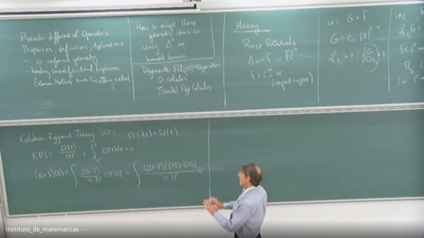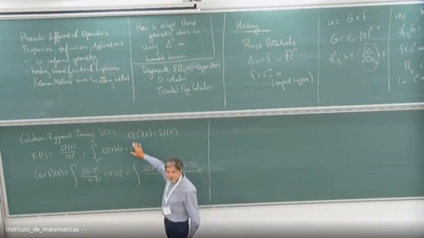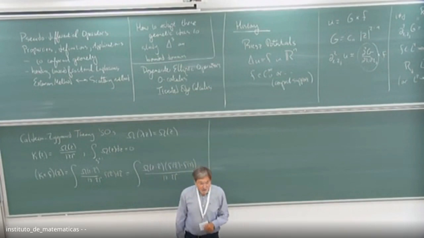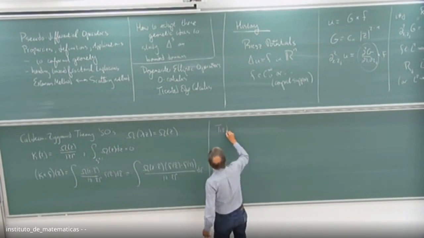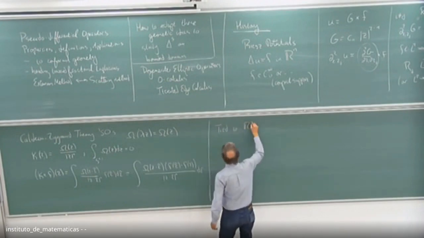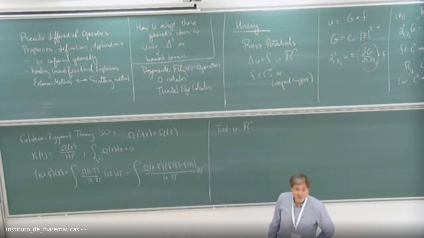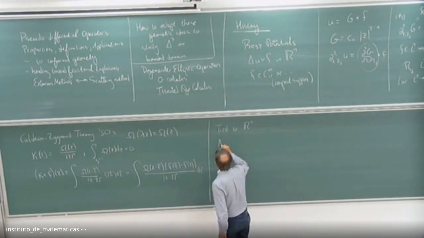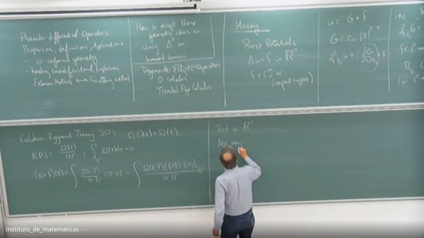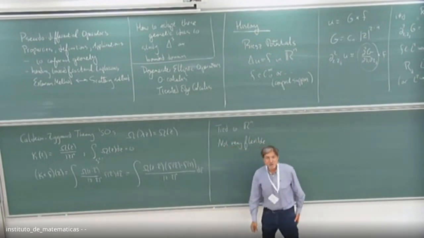Now, it's wonderful for what it did. They did a lot of things about when omega is very low regularity and very detailed properties. But at the end of the day, it's not a very flexible theory. So this is very tied to Rn. Why? Well, simply because these are convolution operators, so it's using the additive structure on Rn. It's very tied to Rn. And somehow, well, let me just say it's not very flexible. So it had a lot of deficiencies.